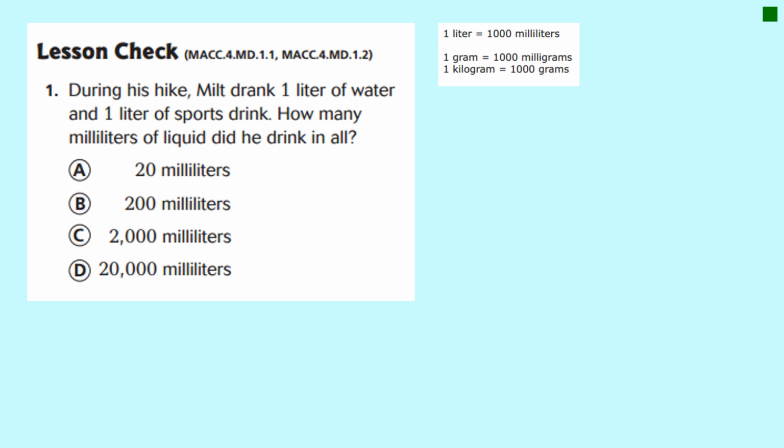This is the lesson check on the back. During his hike, Milt drank 1 liter of water and 1 liter of sports drink. How many milliliters of liquid did he drink in all? This is very similar to the one we just did. He drank 1 liter of water, 1 liter of sports drink, but they want to know how many milliliters that is. Well, let's see. How many liters did he drink altogether? Well, he drank 1 of water, 1 of sports drink, so he drank 2 liters, and we're going to change that to how many